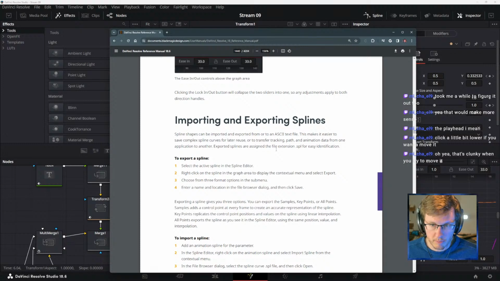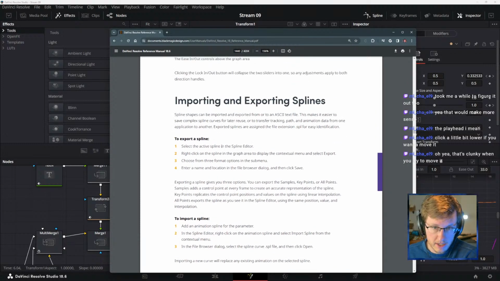So you can import and export splines, and spline shapes can be imported and exported from or to an ASCII text file. This makes it easier to save complex spline curves for later use or to transfer tracking, path, and animation data from one application to another.